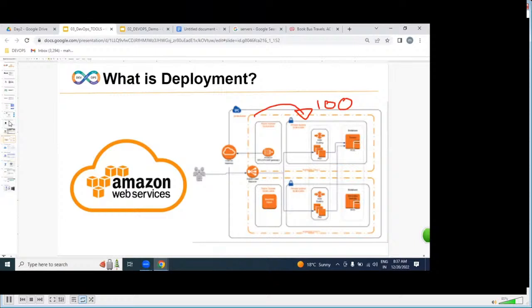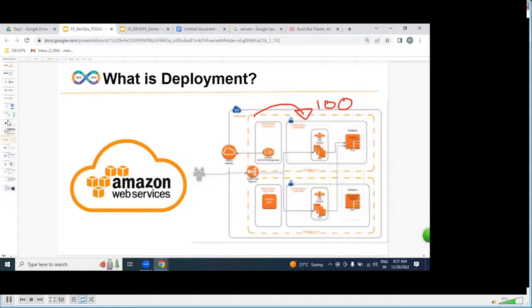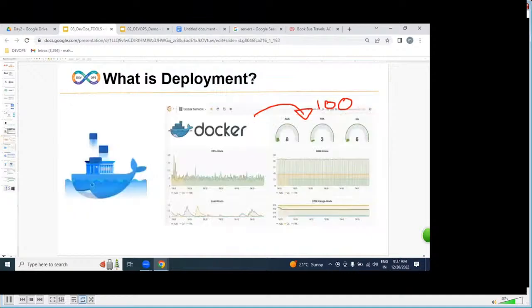So for my satisfaction, let me repeat this point. It's a very important point. Hundreds of servers, getting servers from AWS. After getting servers, on top of 100 servers, we are going to implement an automated process with the help of Ansible, Chef. This is a very important point. But where are we going to place our application? AWS cloud or not? Not only deploying our application on AWS, we can also place our application in a Docker container.